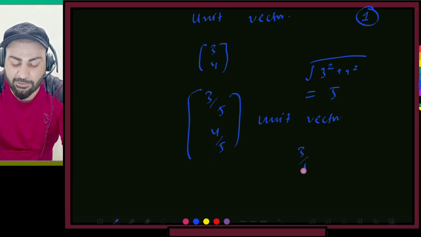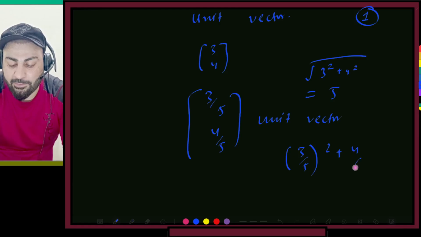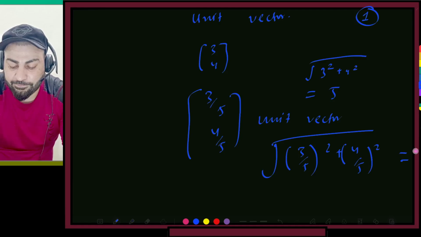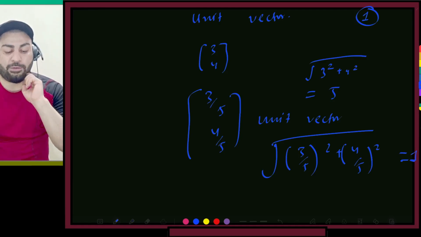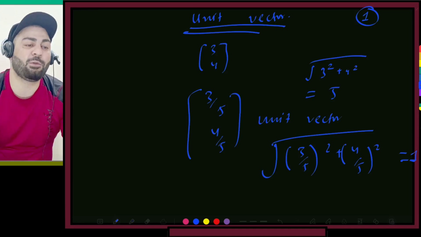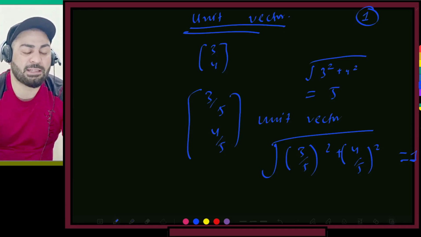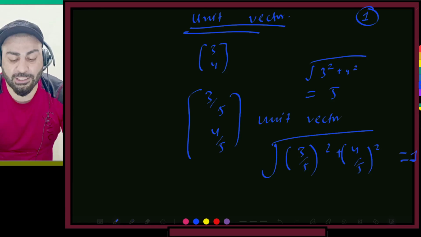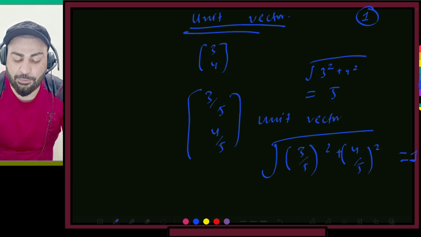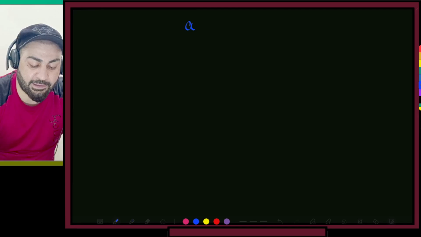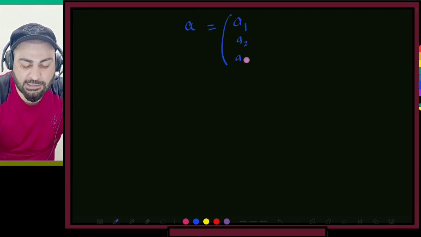If I say (3/5) whole squared plus (4/5) whole squared, under the root, this will be equal to 1. So a unit vector is a vector whose magnitude is 1, and we learned how to take the magnitude. Magnitude is nothing but the distance from the origin. Now if you have a vector a1, a2, up to an,